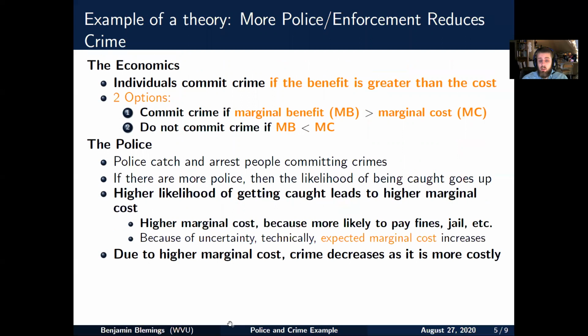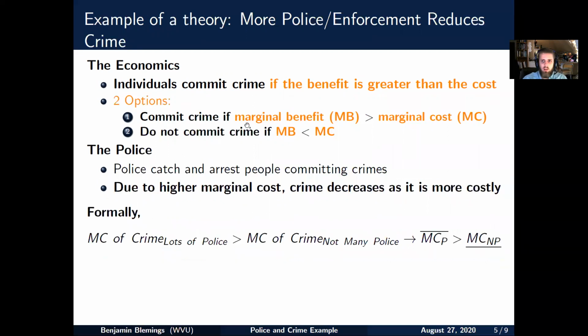So the police, they're trying to catch people and arrest people for committing crimes. If there are more police, the likelihood of being caught goes up, so in expectation that increases the marginal cost of crime. A higher marginal cost, because you're more likely to pay fines, go to jail, etc. This is a technical point, but it's the probability of getting caught, so there's some uncertainty there. That's why it's the expected marginal cost. But anyway, with a higher marginal cost, crime decreases because it's more costly to commit a crime when you're more likely